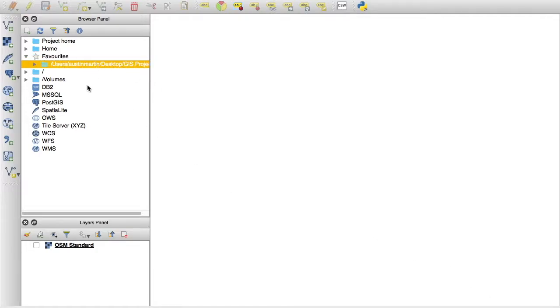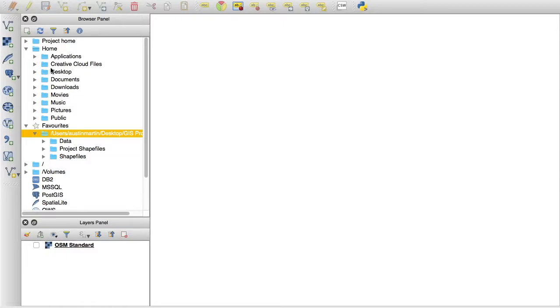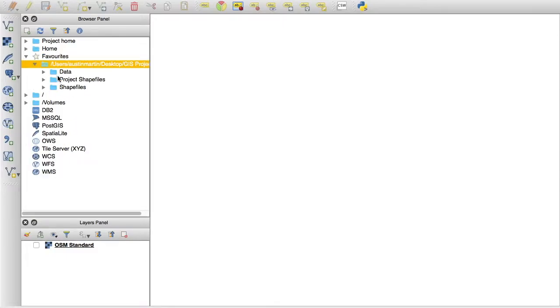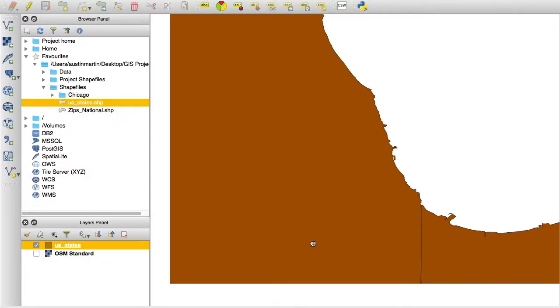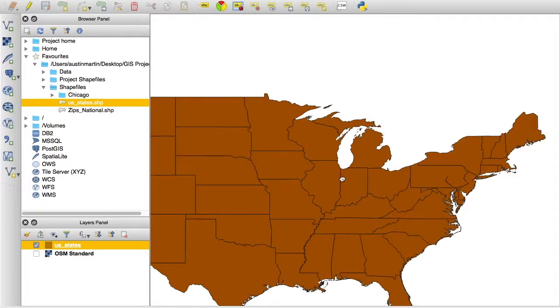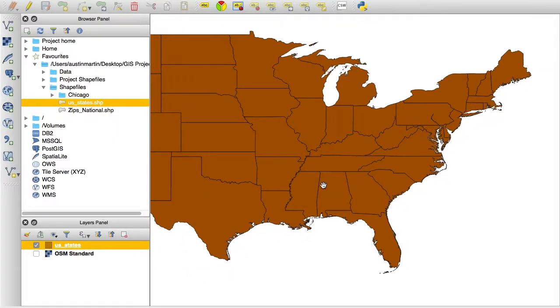The first thing we're going to do is go here, and you can find your various different folders, and if you right click on them, you can hit add as favorite. That's a really good way to find your files whenever you need them. First thing we're going to do is take this shapefile and pull the US states one down. The other thing we have in here, which is in my template file, which you'll see in the folder wherever you saw this video,